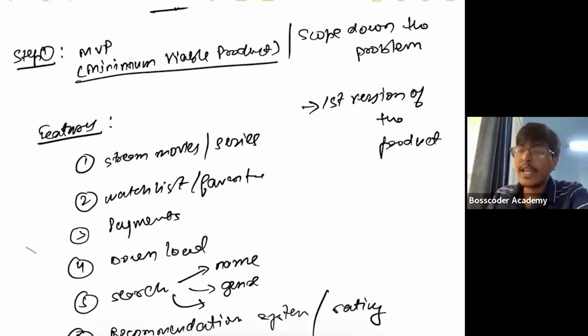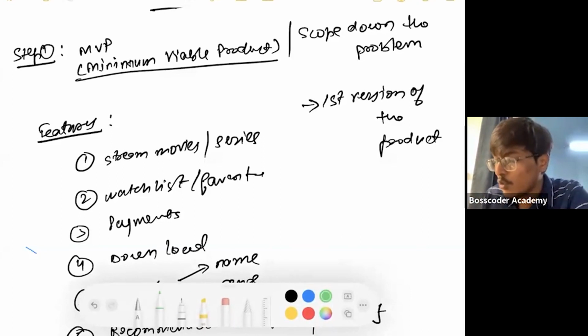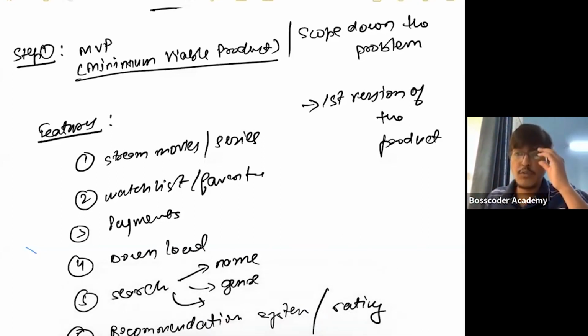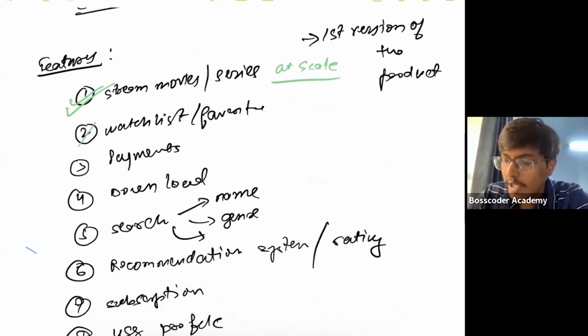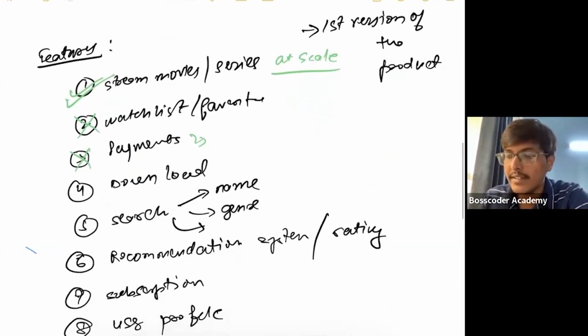Or if you are in an interview, you cannot design all of it in a 1-hour interview, so you scope down the problem. Or if you are in an actual company, you actually go about understanding what am I really building when someone says Netflix. So let's define what we are building today in our lecture, right? So we are definitely building streaming of videos at scale. A lot of users watch Netflix around the world. So we will definitely discuss it. We will not discuss watch list or favorites. We will again not discuss payments as well. Payment is again a very separate design itself, right? Which itself requires one lecture.